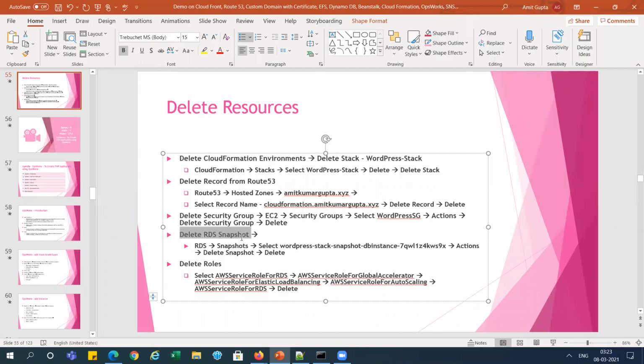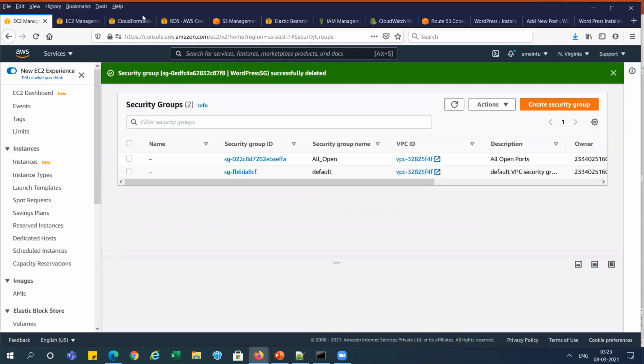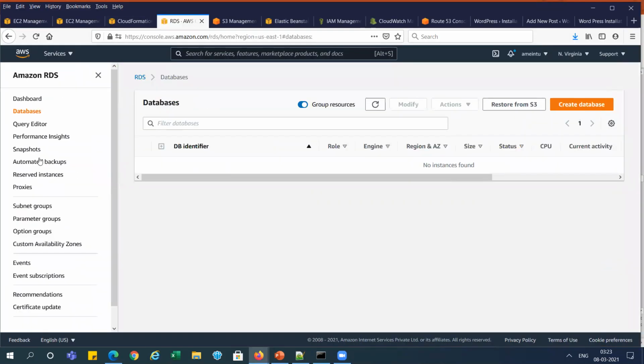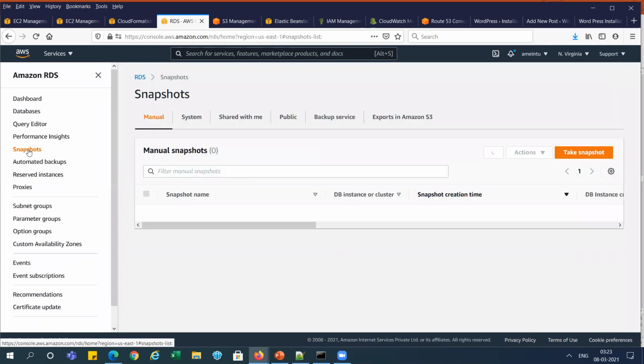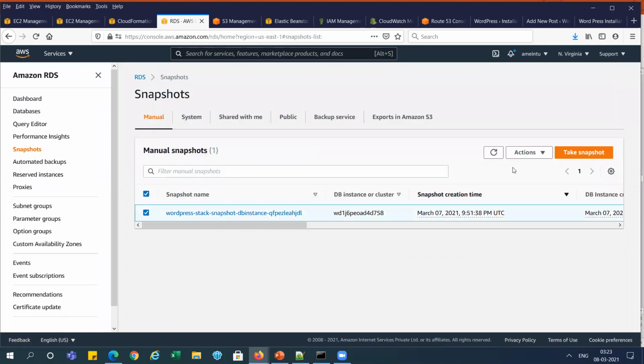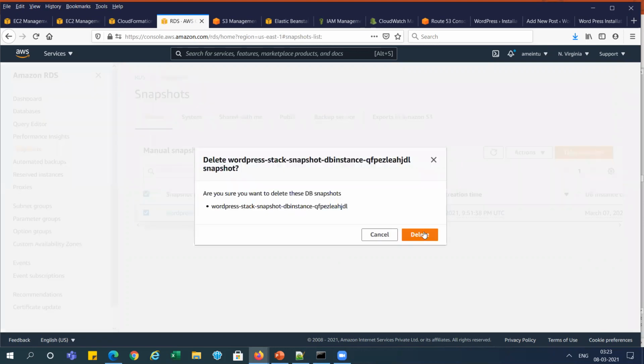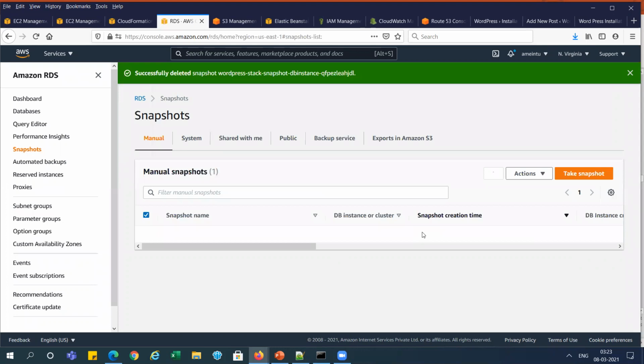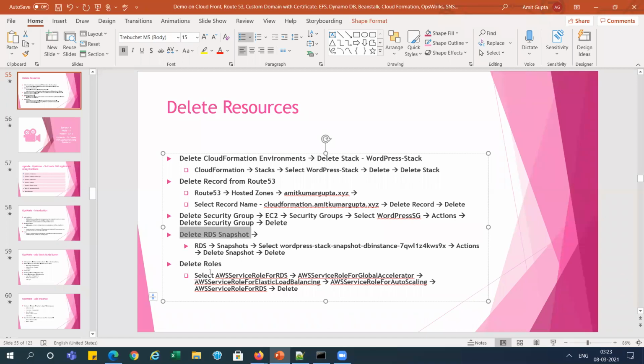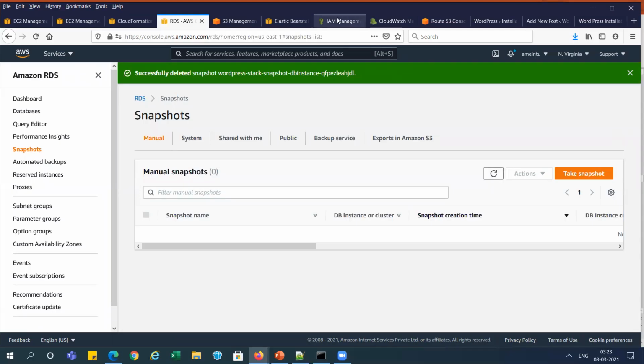Now we need to go and delete the RDS snapshot. You can see the RDS snapshot, because it creates one backup for that instance. So we need to go and delete that snapshot also. So it is deleted, right? Now next you can see the roles. It will create some roles over there.